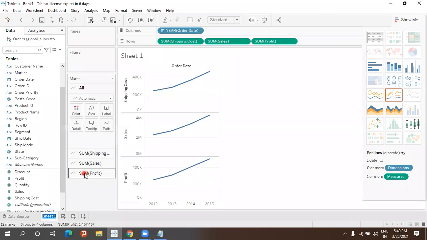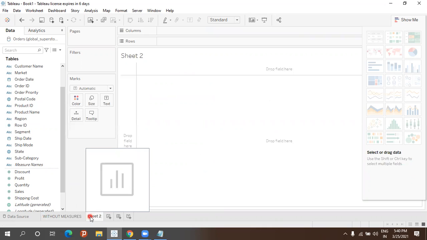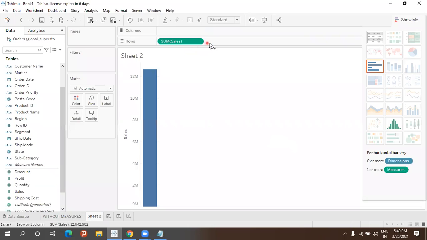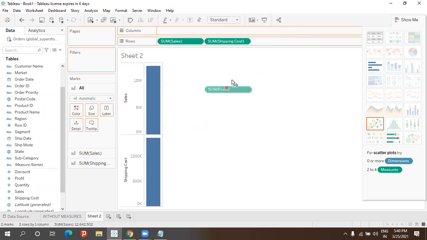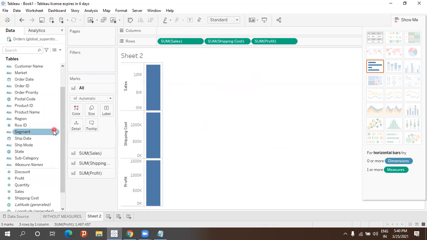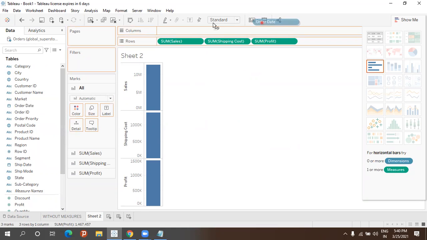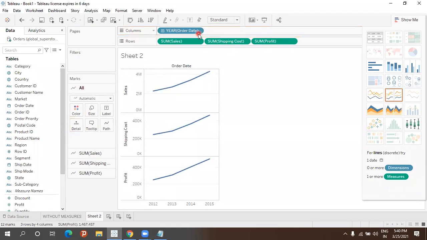Take one more sheet, drag and drop the same thing: sum of sales, shipping cost, and profit, and order date into the columns. Now I want to combine, so let me try to combine.